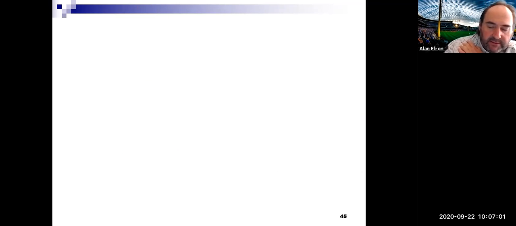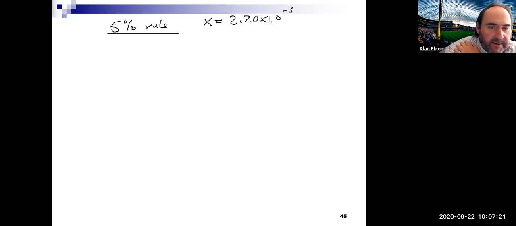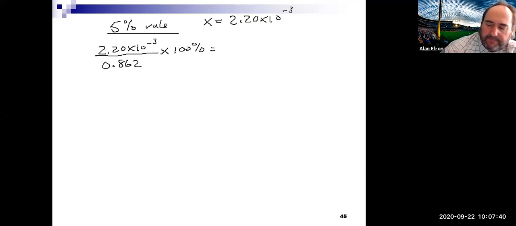So we'll use what is known sometimes as the 5% rule. And the 5% rule means basically you take the X value that you just got, which we had on the other page, 2.2 times 10 to the minus 3. And then you divide it by what you were going to subtract it from. So in one case, we had 2.2 times 10 to the minus 3 divided by 0.862. Again, that's what we were going to subtract it from. Times it by 100%. And if you do that,